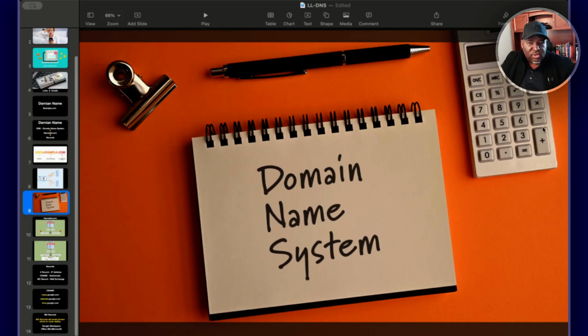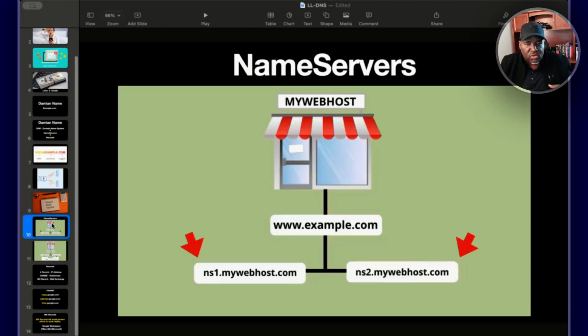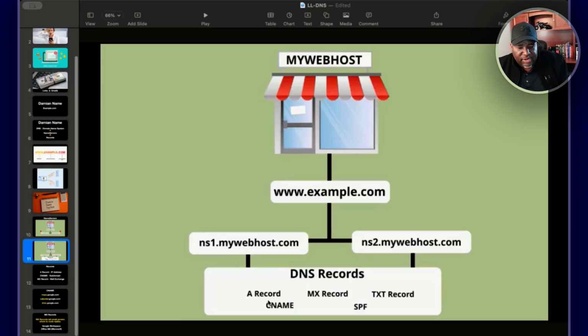All right. Thanks, Ken. Appreciate that. So listen, domain name system. If we look here, we see DNS, right? DNS has to be controlled with the name server. So I'm going to give you a visual from the video. The name servers are NS1, mywebhost, NS2. These are example name servers. When you buy your domain name from a domain registrar like GoDaddy or Namecheap or eNom, or any of the many domain registrars out there, they give you a name server. Okay. And those name servers control your records, right? And so you have an A record, a CNAME record, an MX record, an SPF record, right?